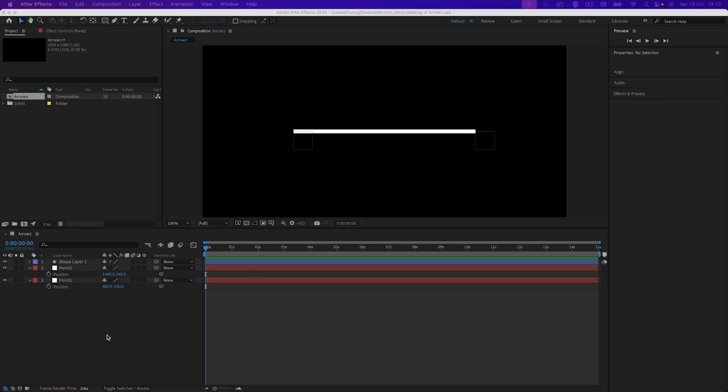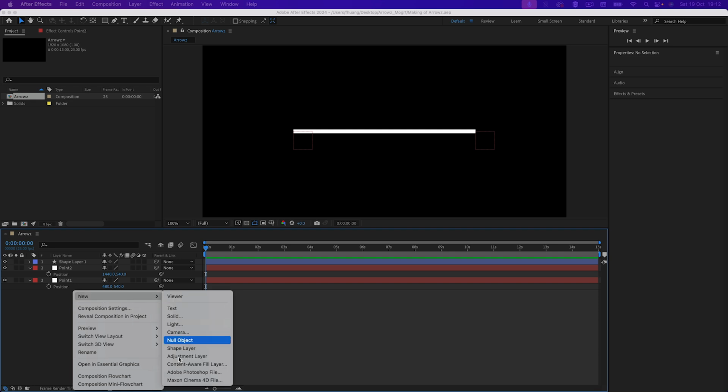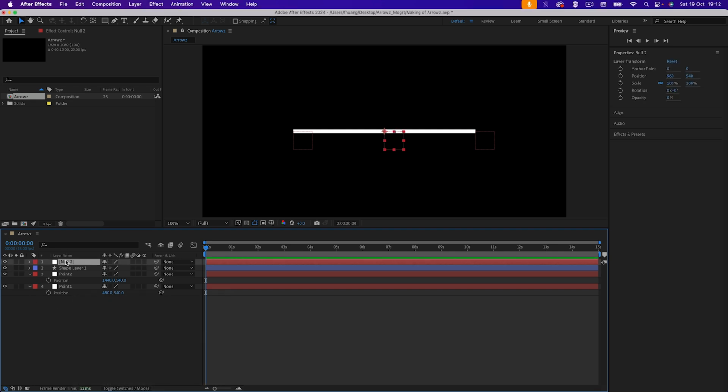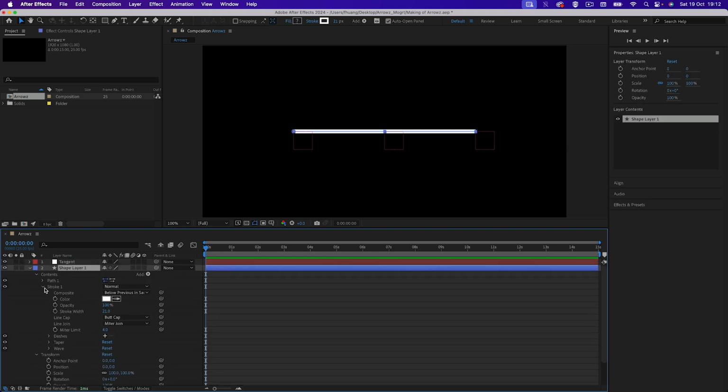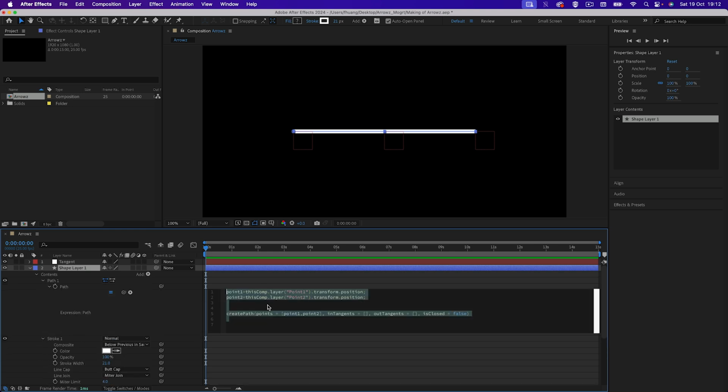And next thing we do, we're going to create a tangent. I'm going to create another null object, and I'm going to call it tangent. And let me just open up this path expression. I'm going to just put in the tangents here. There's in tangents and out tangents, but usually one should work, but inside both of these, I need to put in an array. So I'm gonna just set 0, 0,